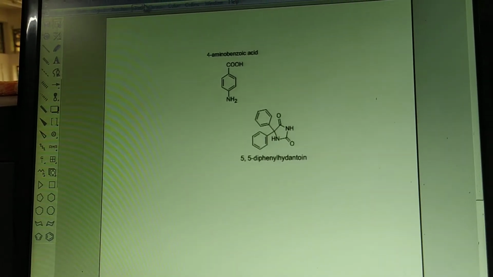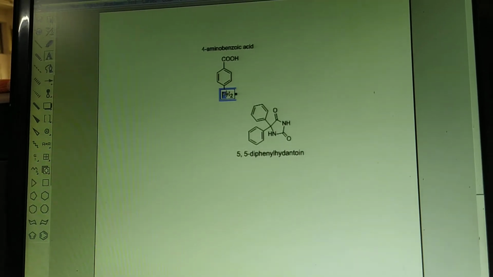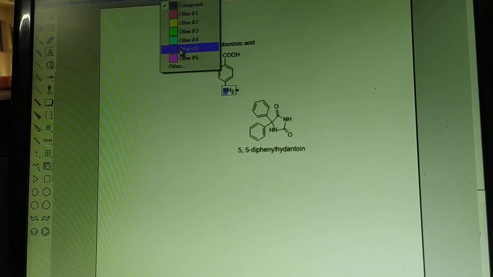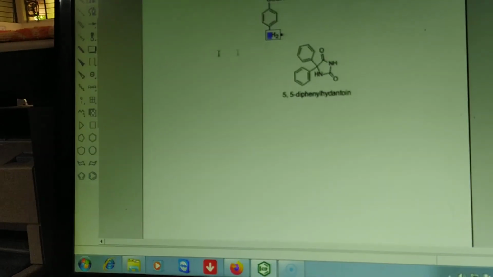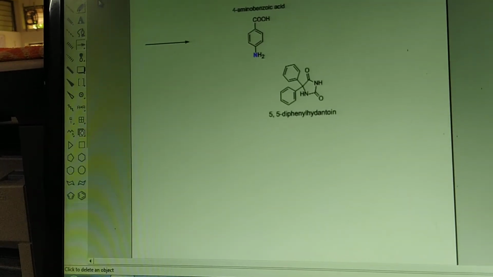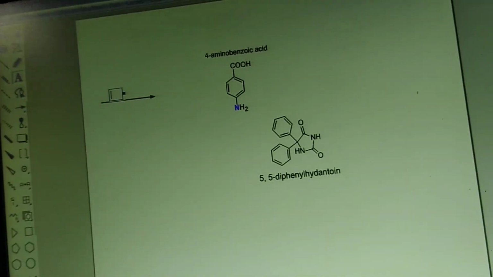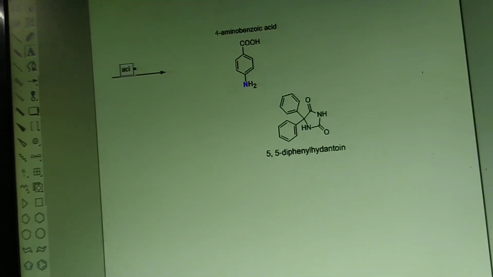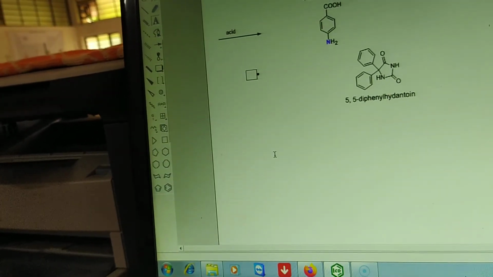Similarly again, if you want to give color to this nitrogen, you can give this by color. I have given here blue color, then you can go for make it bold. So likewise, okay, if you are going for this arrow system, then next to this, if you want to add any catalyst, go for text, right click over here and write down here the acid catalyst if you are writing here. Okay, so likewise you can write this catalyst.